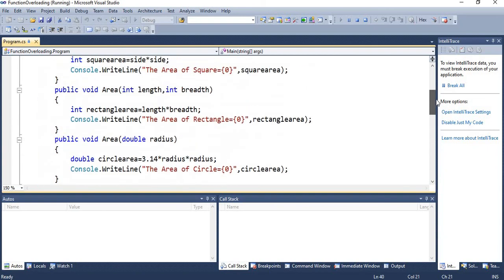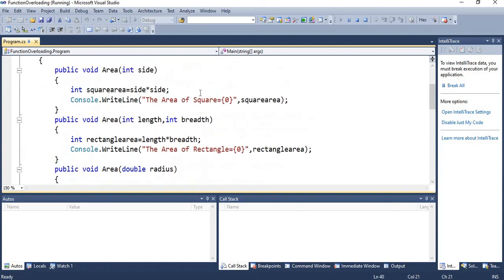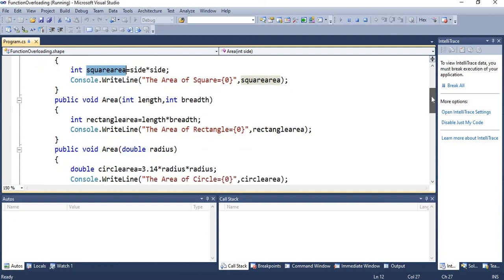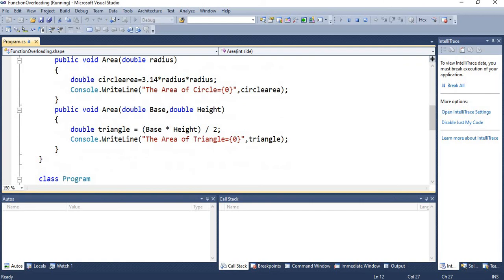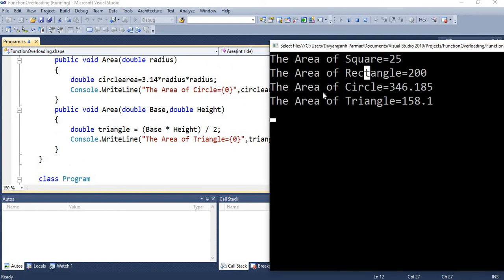Those values will be passed over here as integer side. It will manipulate them in that particular equation and here you can get the output, the square area, which is given in an equal-to format. So likewise all the functions will calculate their values and give you output like this.